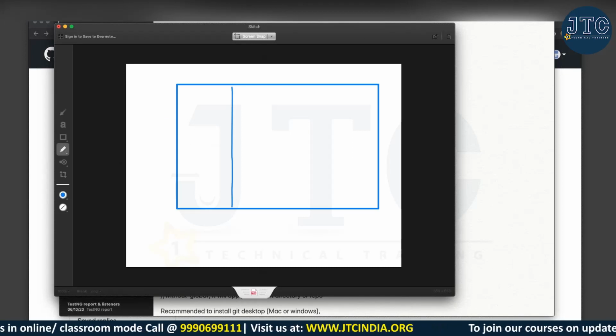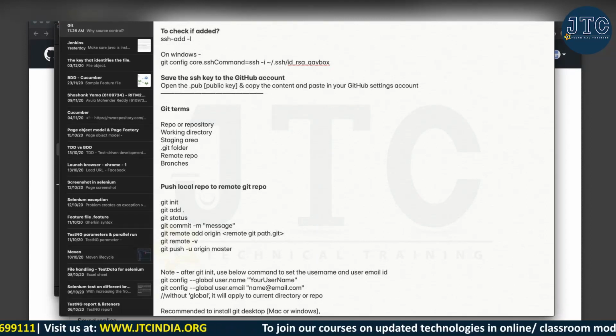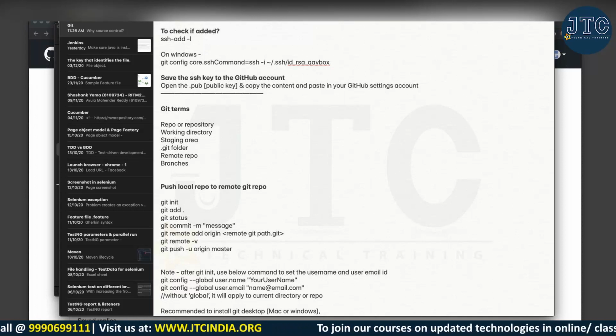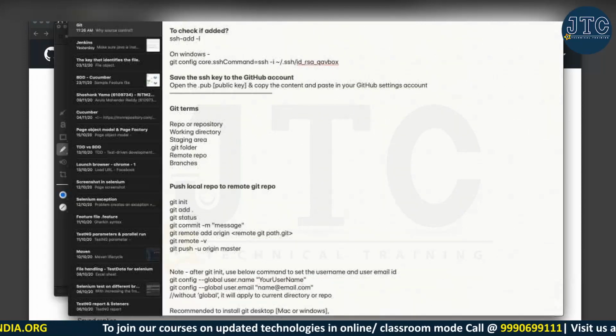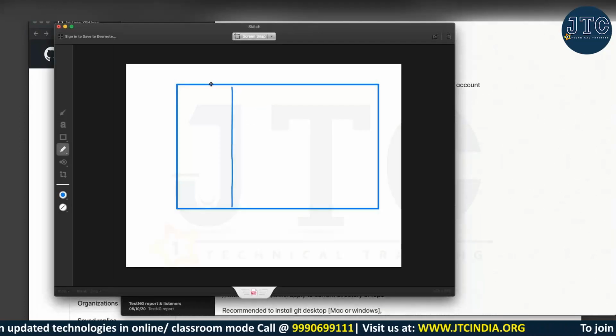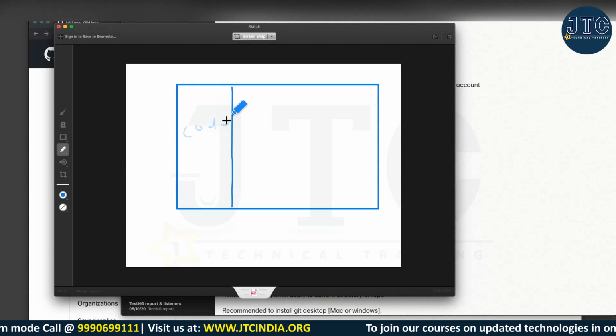Okay, so a repository is basically a project folder. It's a folder where all your code is, all your files are, like your Java files, any kind of libraries you are using. So all those things together, I can say the project folder is nothing but the repository. It's as simple as that. Now the working directory is basically the directory where you are keeping all your code base. So here you are keeping all your code.